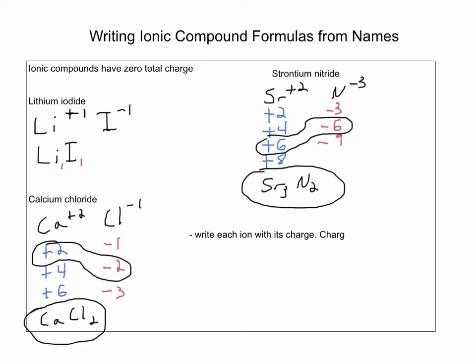The charge is found by looking at the groups on the periodic table. You'll hear me say this over and over. If you're looking for information that you don't remember, look at the periodic table. All of the information you need is there. So we write down each ion with its charge, and the charge is found by looking at the groups on the periodic table. The next step